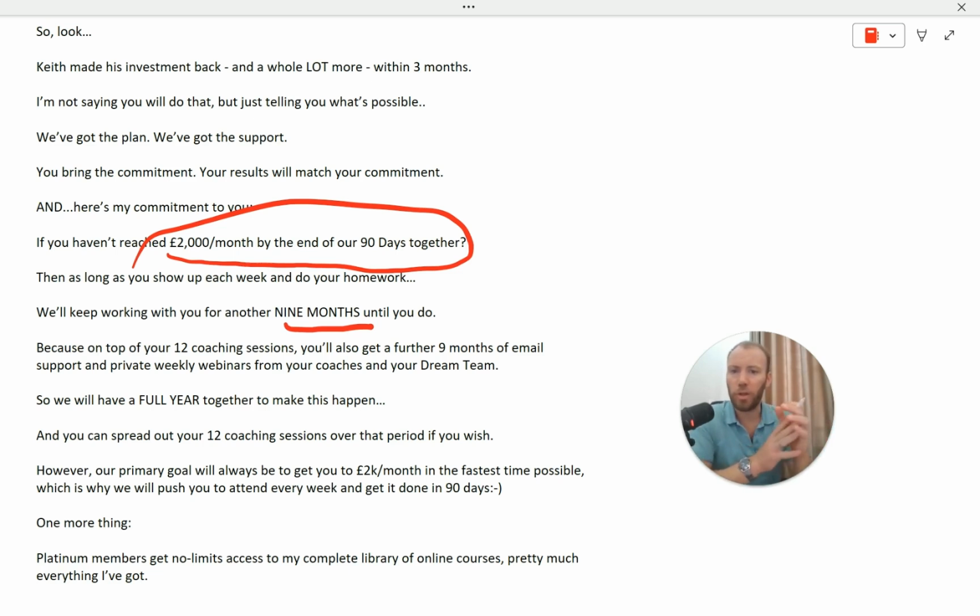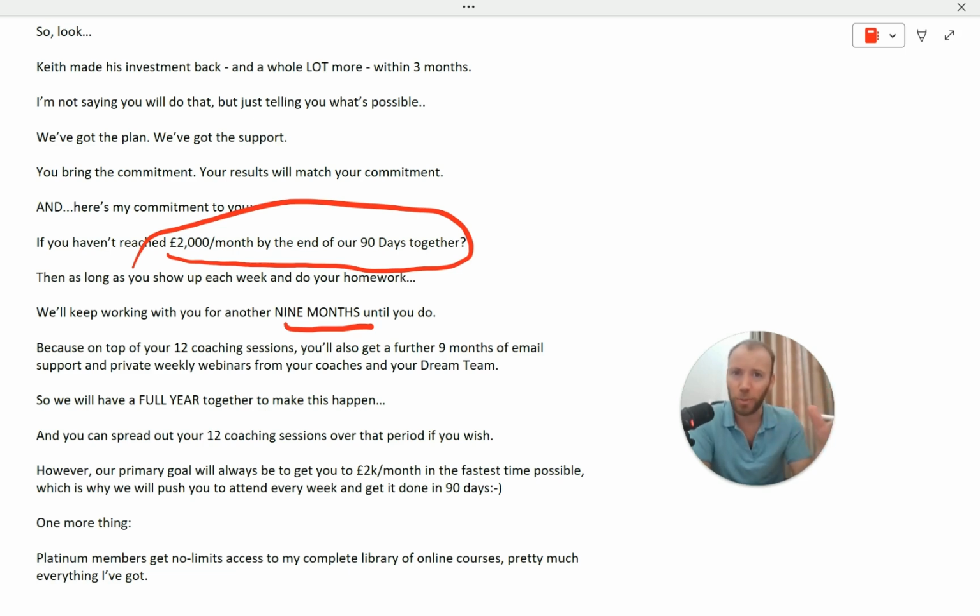This is a good point to highlight, actually, because originally when they were selling this, it was a 12-month program. But if you're selling a 12-month program, that can be too far out for people to really get their head around. People don't want to wait 12 months to get the result that they want, whether that's in health, wealth, relationships. We all live in this sort of on-demand Amazon Prime next day delivery society, and we want what we want now. So what I did was just reposition this offer slightly